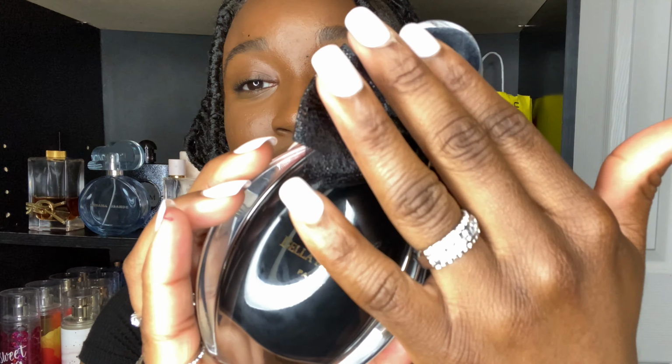I'm kind of iffy about the bottle. I like the overall design of it. Like it's black in the middle and then it has this little clear outlining on it, but I hate this bow, so I'm probably going to end up taking it off because I just hate the bow. Like I don't like how that looks. It looks really old-fashioned and cheap to me, but yeah,